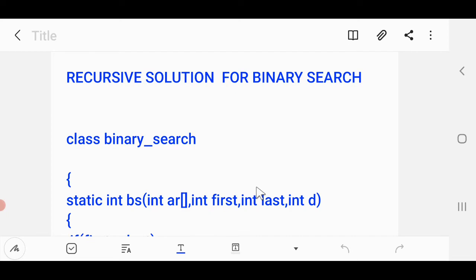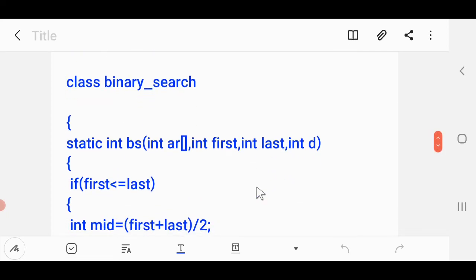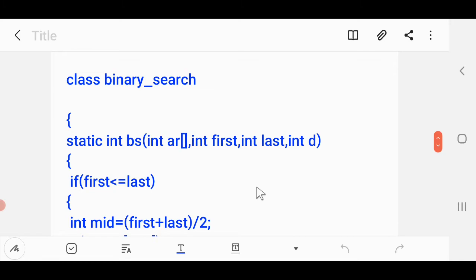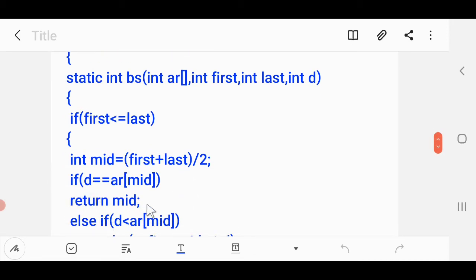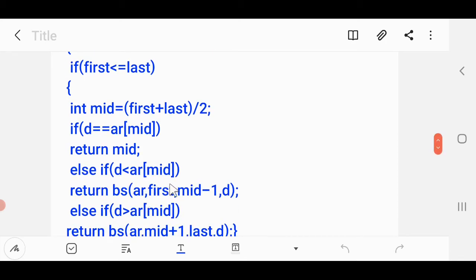Now, as I have discussed, in the binary search the array is divided into two equal halves. How will it be done? By calculating the middle location. That means int mid is to be there. So I have written, just see here, int mid equal to (first + last) / 2. That way mid is calculated. Alright students, so either it will be equal, so I write here if d equal to ar[mid], or it will be less than, so I write here else if d less than ar[mid], or it will be greater than, so I write here else if d greater than ar[mid]. All the three things you can see are there.